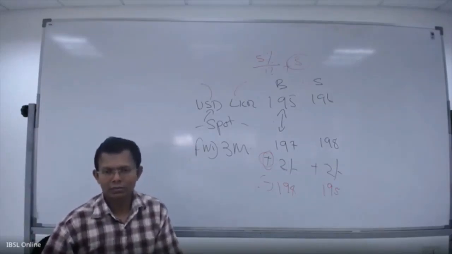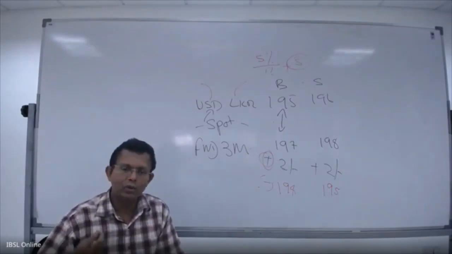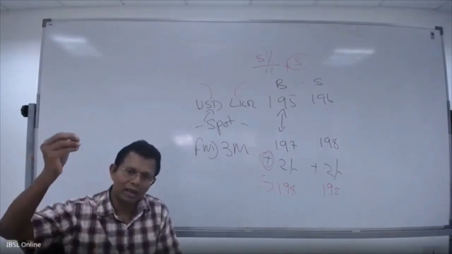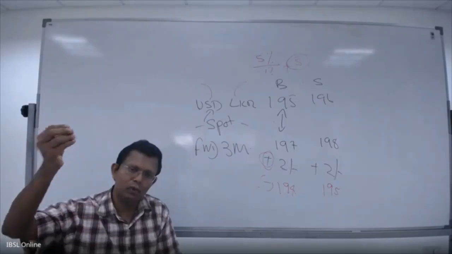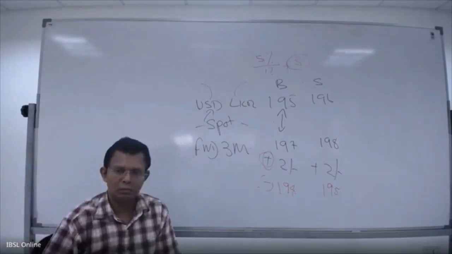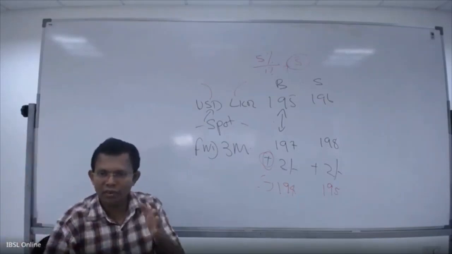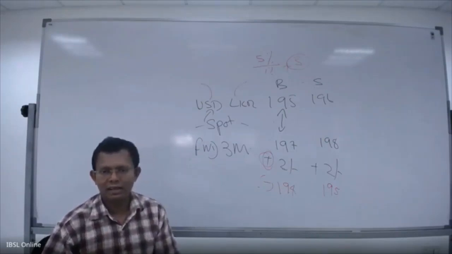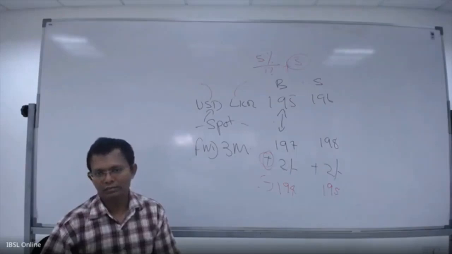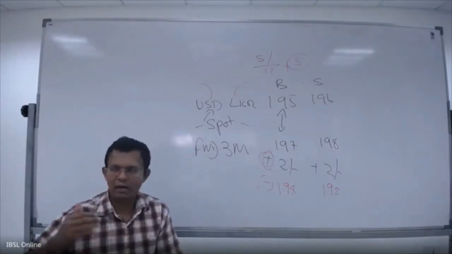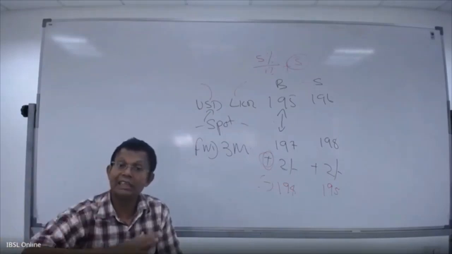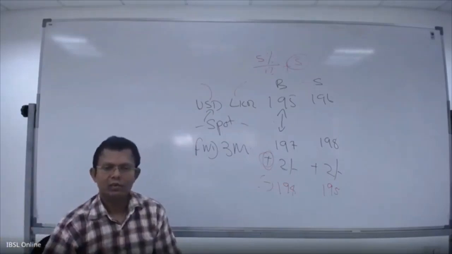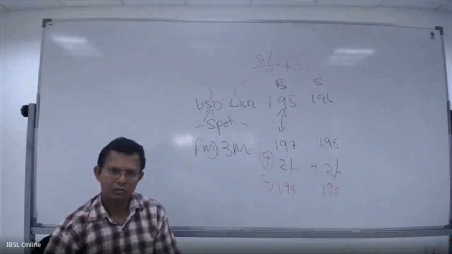You have GBP. So then what does the bank do? The bank goes to another bank and says, I have GBP, you give me dollars, and I'll give you GBP. After 3 months' time, we will reverse the transaction. For the time being, they take the requirement as fulfilled. That is a currency swap. You have a different currency, the other party has a different currency, and you exchange it. We call it currency swaps.